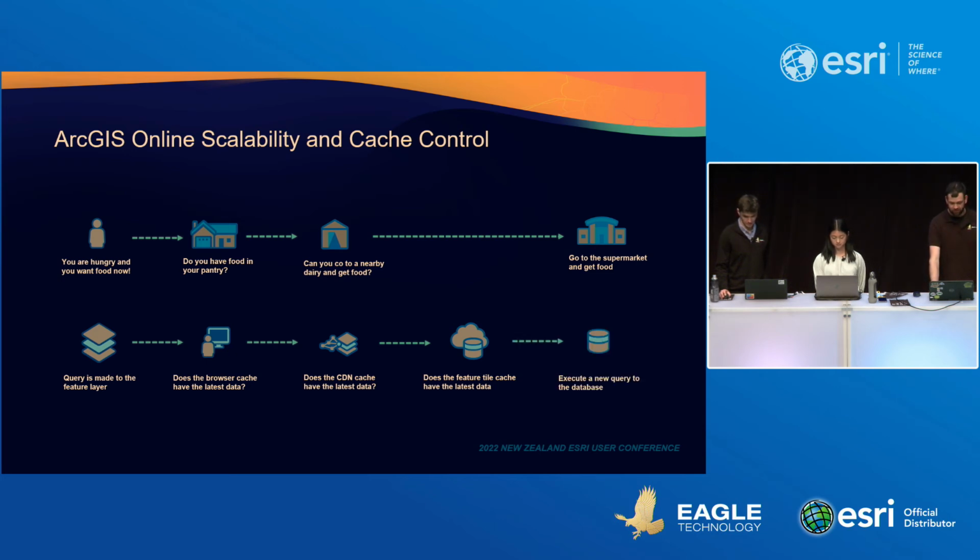And lastly, if all those conditions fail, so it's not in our browser cache, it's not in our CDN, there's not a tile cache, we'll go and query our database. So when we're going down this workflow, one thing I want to point out is that we can control access to the dairy or the CDN cache. So we want to make sure when we're sharing apps publicly that we're not making our users request the database, right? Because that is not only going to be more time intensive for the users,